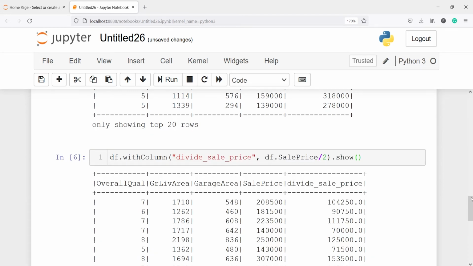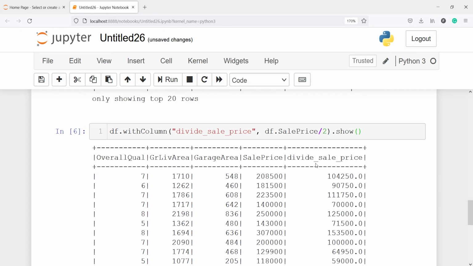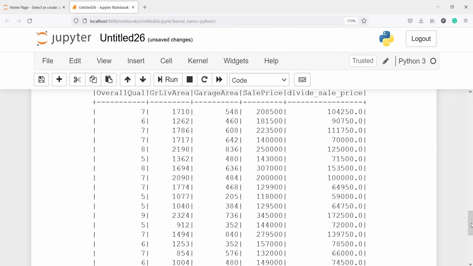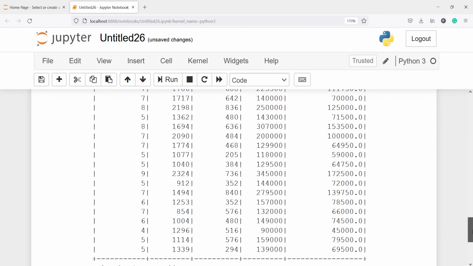Now in the output you can see I got a new column, divide sale price, that I have defined here, and this is nothing but the division of the sale price. I have divided all the sale prices by 2, and this is the output. This way you can use the withColumn function to create a new column in a PySpark data frame.